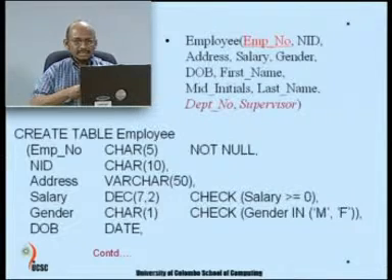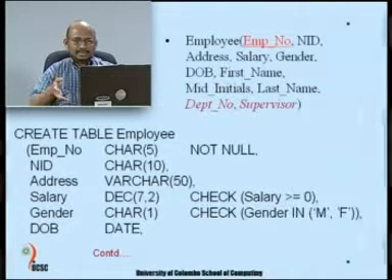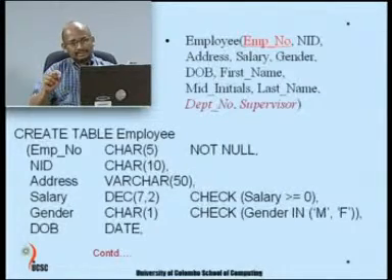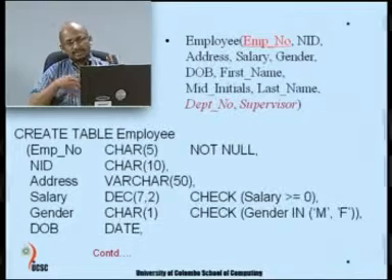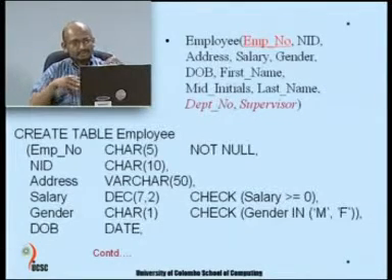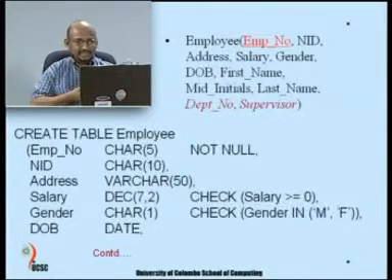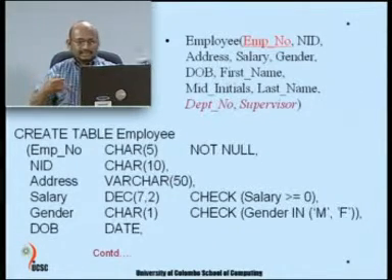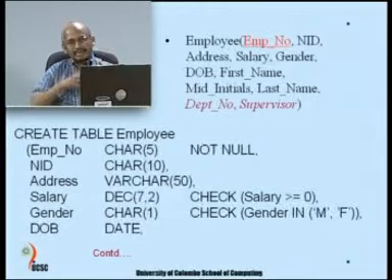Then the next data item is national ID, another column name, and the data type is char with 10 characters reserved. So, that is another column definition. Each column definition is defined separately and each of them is separated by a comma. After not null we have a comma, after char 10 we have a comma, and so forth. You define all the data types, so the appropriate data type must be identified and defined. For address we have used varchar to allow a flexible length, with a maximum of 50 characters, whereas the national ID number and employee number are fixed length.